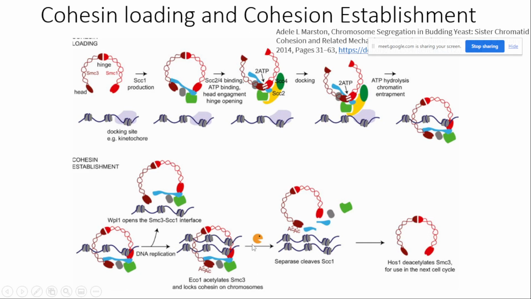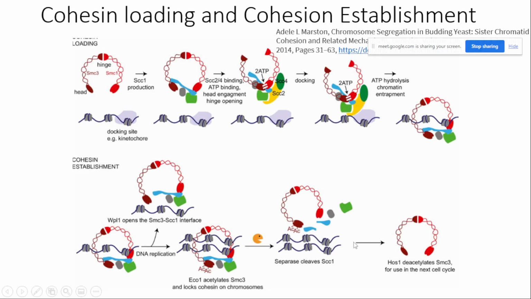But at the onset of anaphase, this cohesion should be lost, right? After the replication, after the S phase, there are two copies of the sister chromatid. So for the segregation, as you know, this SCC1 should be cleaved to destabilize this cohesion, right? So for this, separase will cleave this SCC1 subunit, and now the DNA cannot be entrapped within the cohesin.